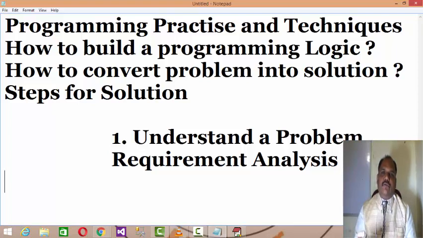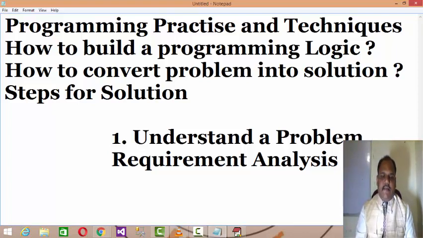Right? So as I said, solutions are not straightaway available. So you have to make various hit and trials. You have to make various analyses. You have to devote some time to understanding the requirements. The first step you need to follow is to understand the problem. Without understanding the problem well, you can never derive the solution of it. So firstly, take a pen and paper, sit down and understand the problem well. Understand the requirement analysis: what is the problem which you want to convert into a solution.